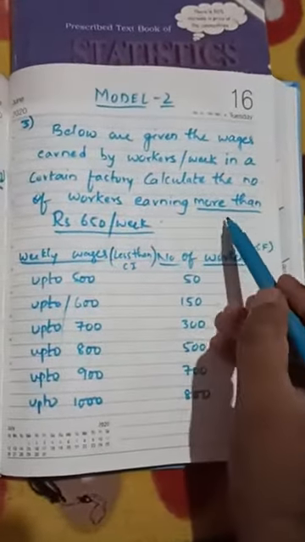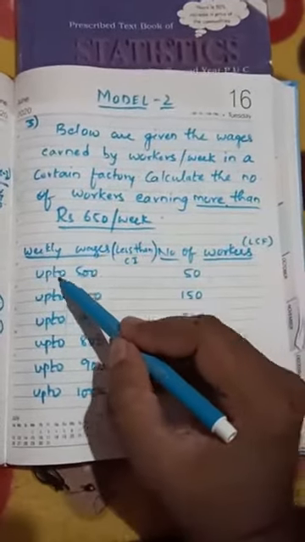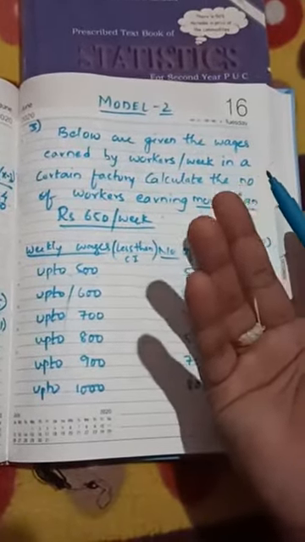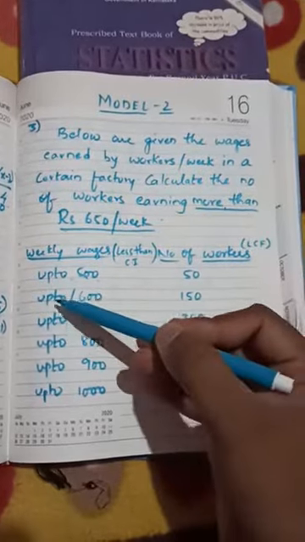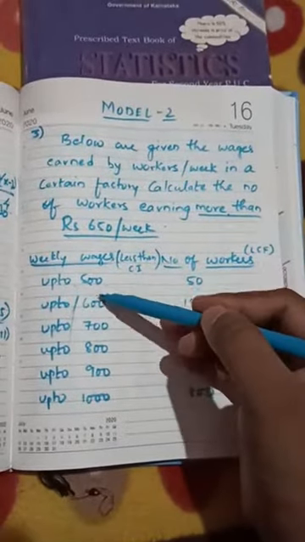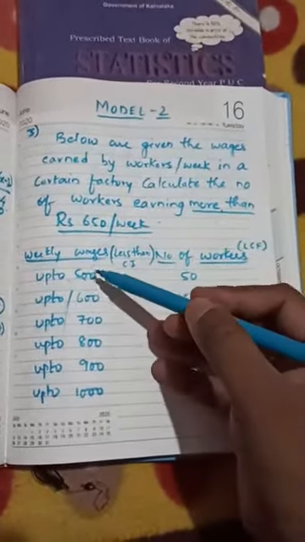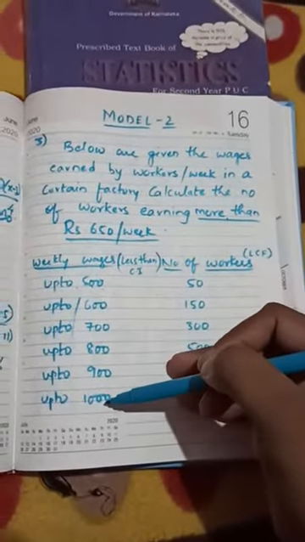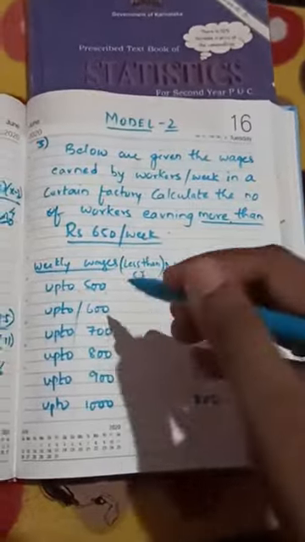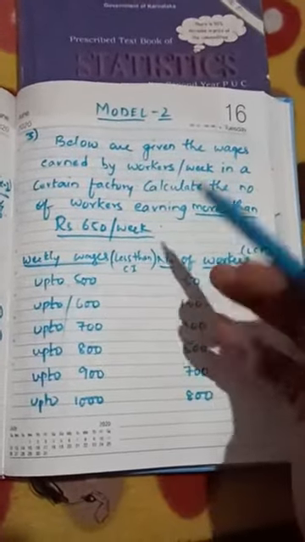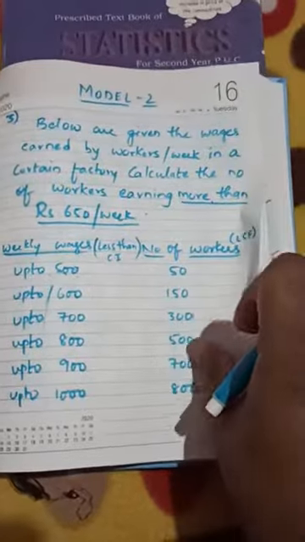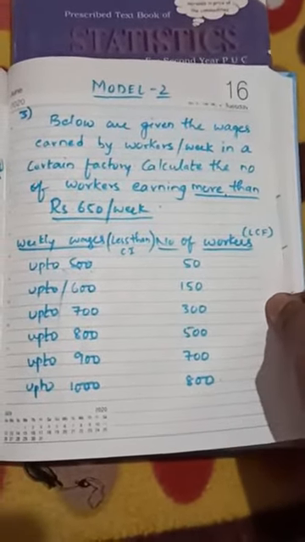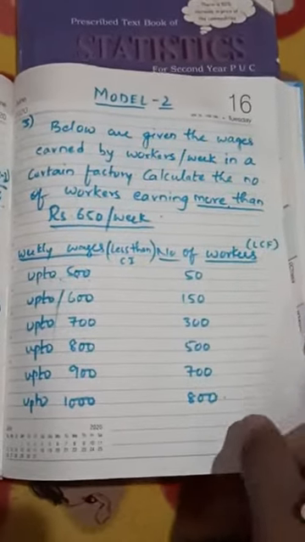So you need not convert, sir, when more than is asked. Can we convert this less than 500 to more than, like that? How will you convert? Less than 500 is asked, up to 600 is asked. So these regular class intervals we can convert: 500 to 600, 600 to 700, 700 to 800, 800 to 900, 900 to 1000. So this way class intervals can be converted, but this less than data cannot be converted to MCF. We cannot do that. Right? So this is model 2. So we shall see one more problem now.